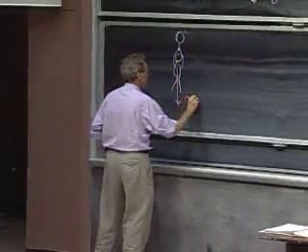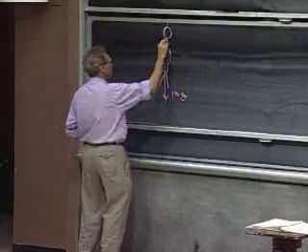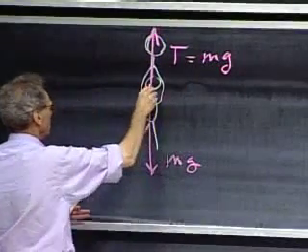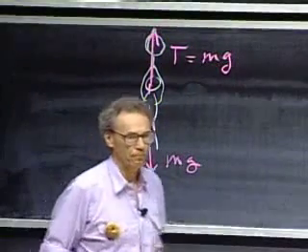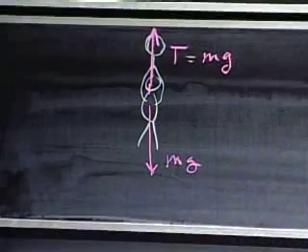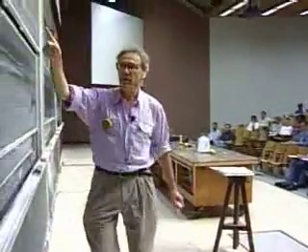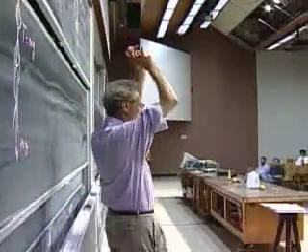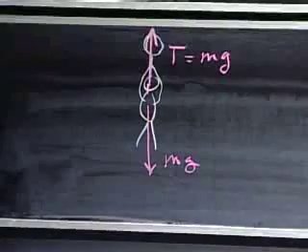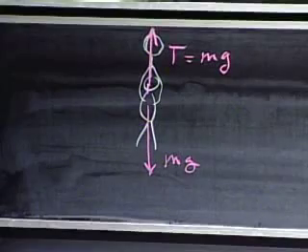Gravity is mg. And so there must be a tension T in this string, which is pulling you up, which, if there is no acceleration, must be mg. I read the scale, and I read my weight. This scale indicates, in my case, 165 pounds. While I'm hanging, I can see my weight.